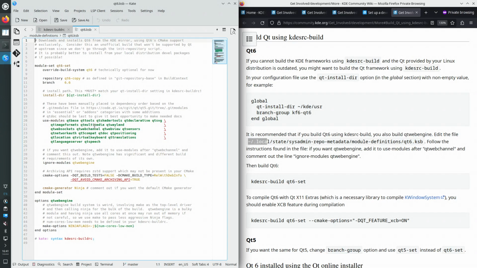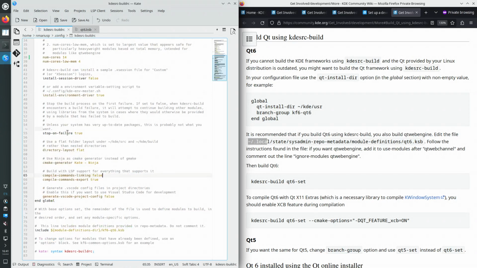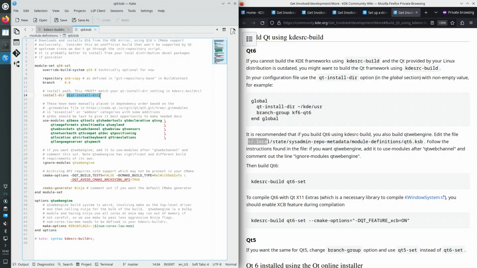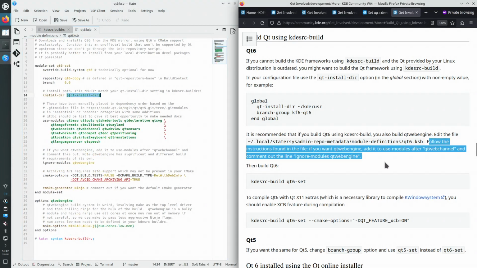We could make some changes in here, such as not use the branch for Qt version 6.6, but the branch for Qt 6.7. Let's keep the settings as they are. The install dir has been configured previously in here. Qt-install-dir, this variable. And what we need to follow is that if we bother to build Qt6 using kdesrc-build, we cannot really do much without such a Qt6 if Qt6 is not accompanied with a Qt